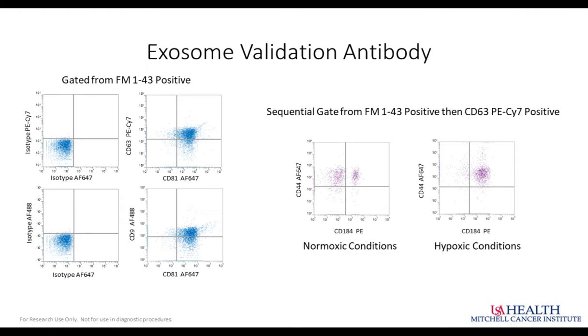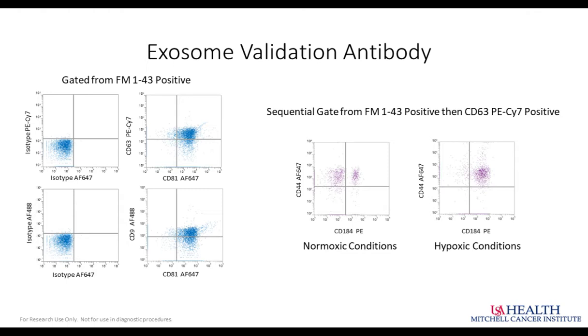As I think I mentioned a few times earlier, the precipitation kits would provide such sticky exosomes that the isotypes were as bright, if not brighter, than the marker of interest antibodies that we were using. And so when we first started seeing that, we realized, okay, we can't use precipitation kits because the staining is meaningless. So by using isotype controls, we can set these quad stats,